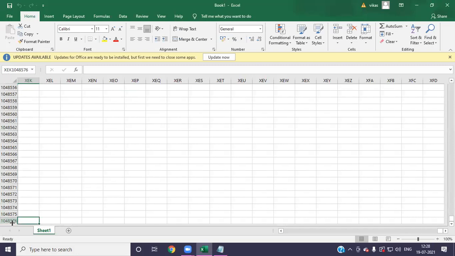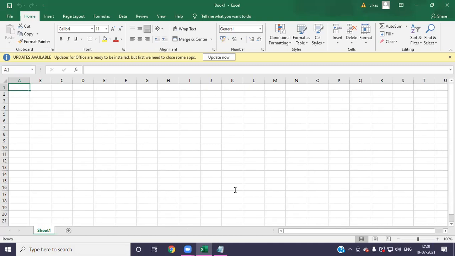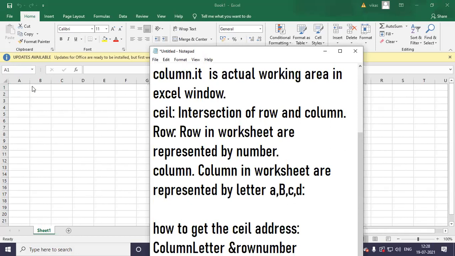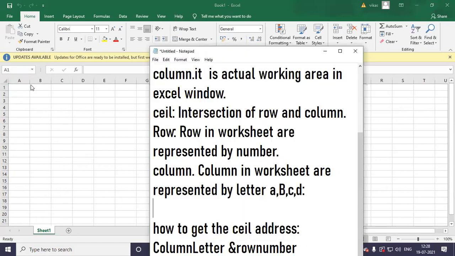This is the last value. So we have one shortcut key by which from anywhere I can go to the last, and from anywhere I can come to the first column. So my dear students, look here.